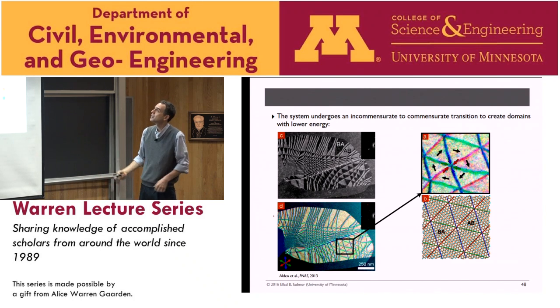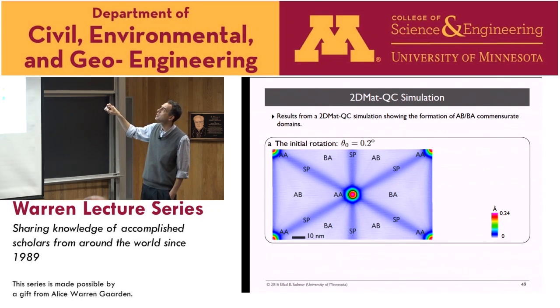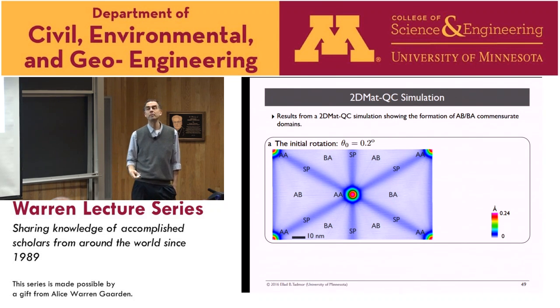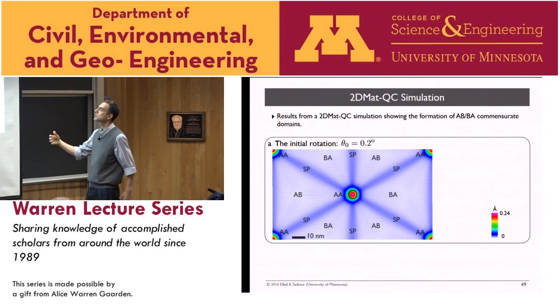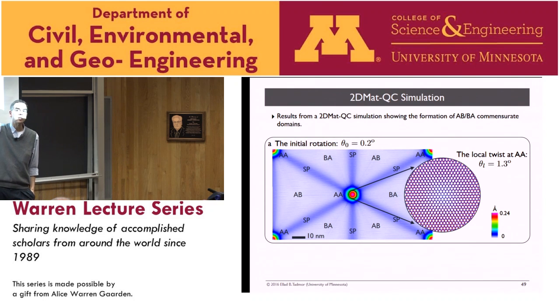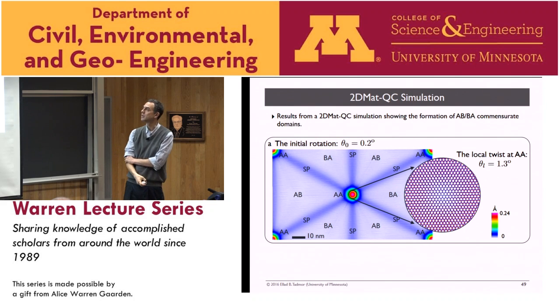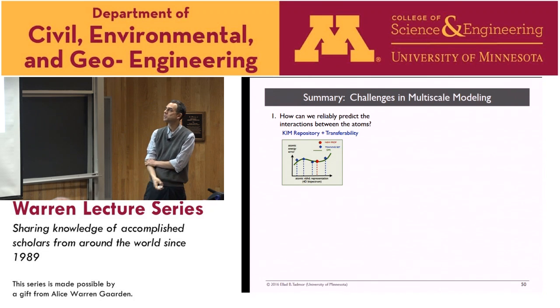And this is the last slide I'll show. This is a preliminary result from our simulations with this code, and you can see that you exactly get that. We started with something where this domain was large and there weren't a lot of commensurate regions, and these AB and BA domains with these interfaces form in the simulation. So we can predict this behavior, basically the picture that you saw on the previous slide. We're doing some modeling now to understand the nature of this, and it's premature to talk about, so I won't talk about it, but this is really exciting that this just came out and is working well in the code.